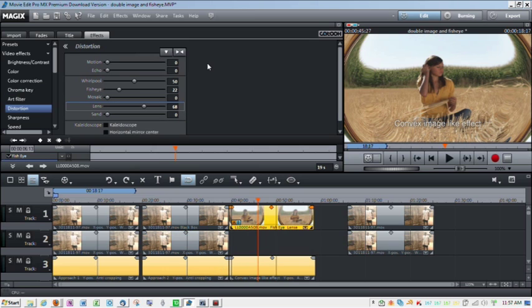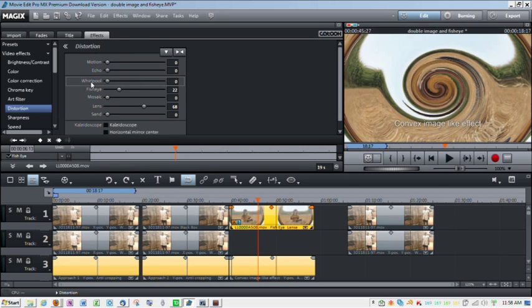Now the last one, the convex image, and this one's really hard to do unless you actually use a lens adapter, which you can get depending on what camera you have. It can be a screw-on convex lens adapter, but it'd mean you'd have to shoot the video over again. So what I did was under video effects and distortion,